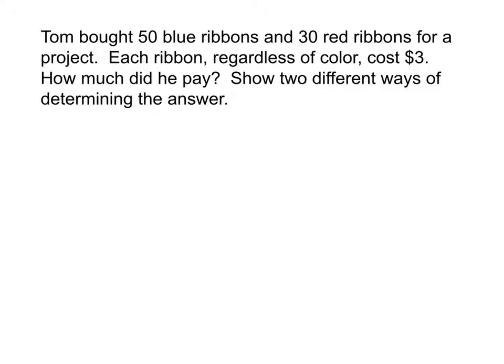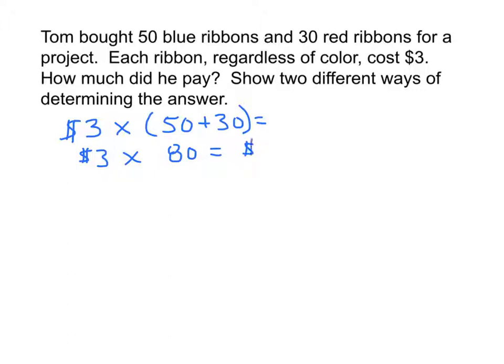Well, certainly one way that you could go through is you know that every ribbon here cost $3. So I could take $3 times, I have a total of 50 plus 30 ribbons. So that means I have $3 times 80 ribbons, or I have a total cost of $240. Now that's not using the distributive property,